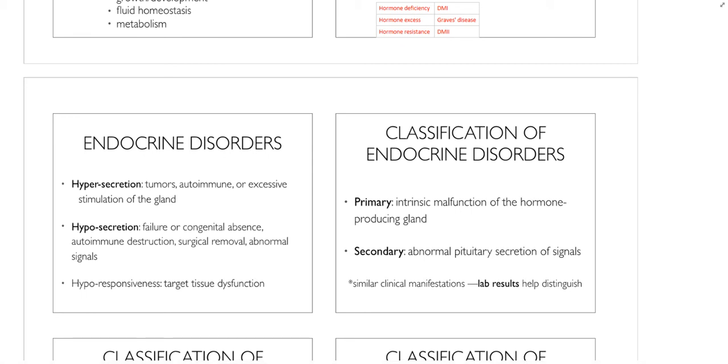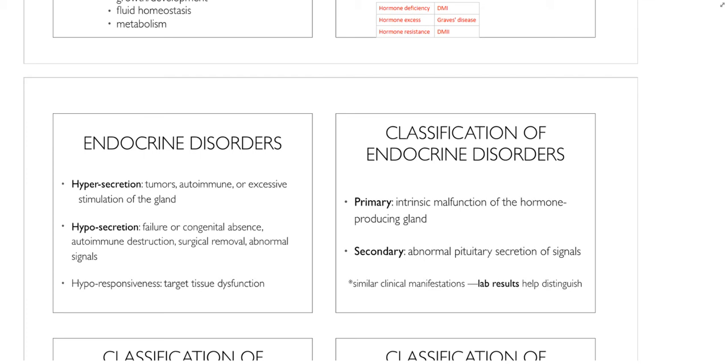So let's say type 1 diabetes, the pancreas itself not producing insulin. A secondary endocrine disorder is going to occur from some sort of an issue with the pituitary gland, and most often than not, it's coming from an adenoma or a tumor growing on the pituitary